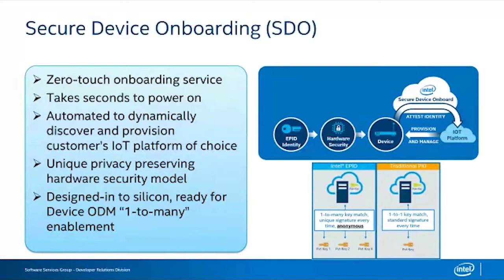So essentially, when we take a look at this, we have something around secure device onboarding. Today, a lot of customers are struggling with deployments to the cloud, and these deployments are challenging because the data is potentially not secure. You can add devices, you can remove devices, and that's the reason why it becomes a little bit difficult for a facilities manager or a health service provider to automate with IoT platforms. That's a reason why Intel recently announced secure device onboarding.